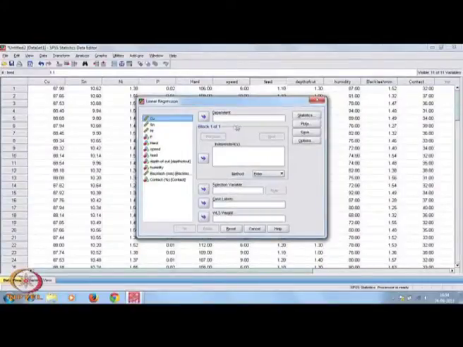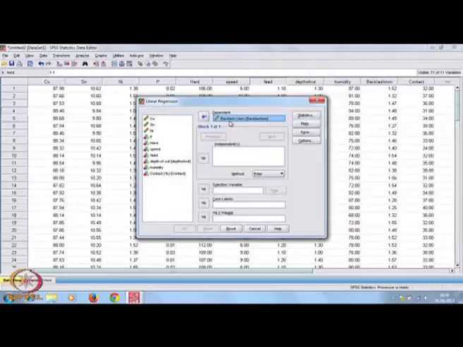So, which one is our dependent variable? Our dependent variable, let it be backlash. You click on backlash, then there is an arrow under dependent variable. When you bring the mouse here, this becomes a little larger, then you click here, and your dependent variable column is now filled with that variable.